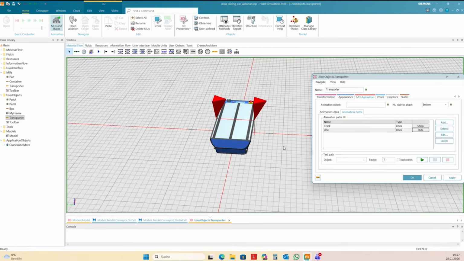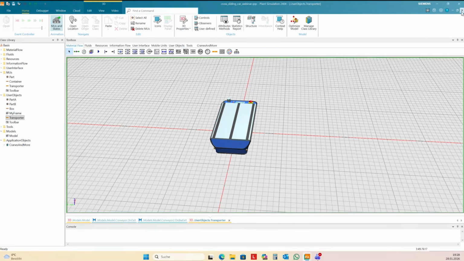And you see, okay, the direction of movement of the line is 90 degrees from the conveying direction of this transporter, so it's already a cross-sliding car in the default setting. You can change the animation so that the conveyor is in the same direction as the driving direction of the transporter, but by default it's 90 degrees from the driving direction. And so we can use the transporter directly as a cross-sliding car.